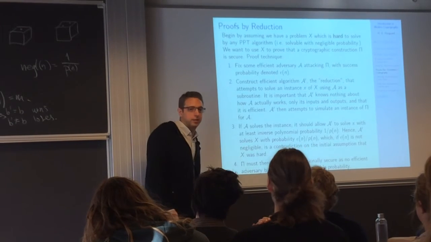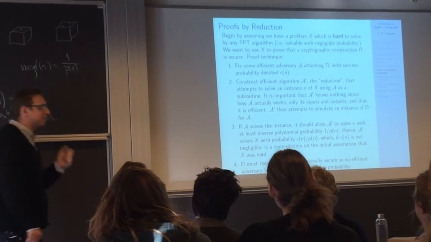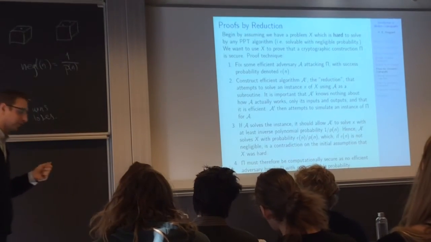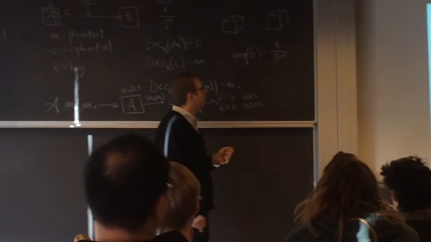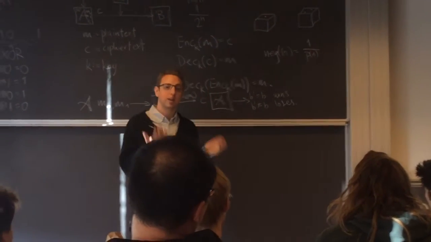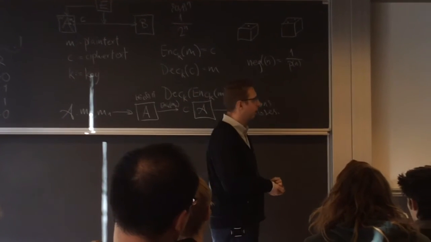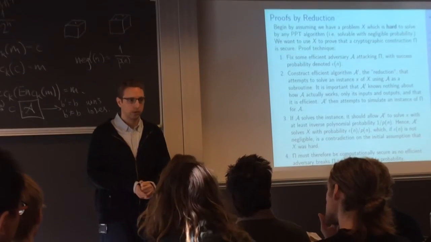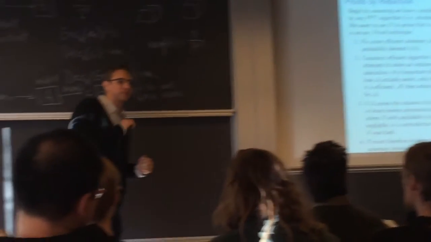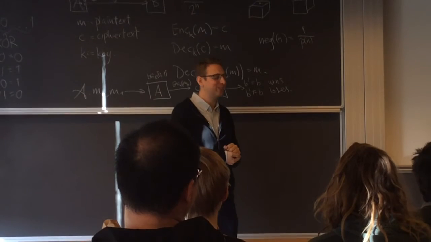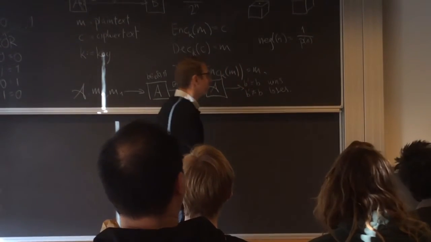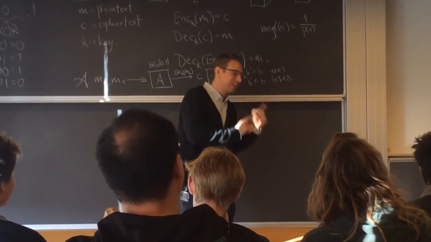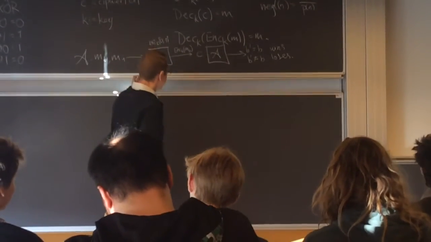This is a wall of text. I'm going to explain this wall of text now. This is the greatest tool that we have. One of them, we also have something called hybrid arguments. This is proofs by reduction. This is how we prove things in cryptography, for the most part. And basically it's a contradiction proof. But it relies on something which most mathematicians in here would say is really shaky, and please don't do that, which is we use something which is unproven in order to prove this. Okay, let me try and explain how that works.